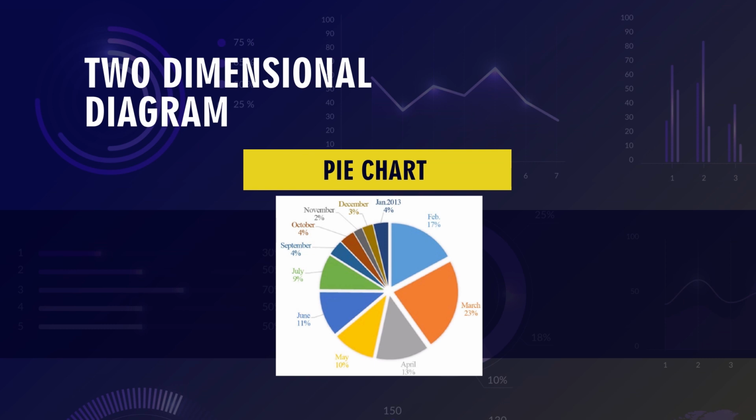you have seen that starting from January we have bifurcated the data into various months, and each month has a different color and certain significance. So it is a circular statistical graphic which is divided into slices to illustrate numerical proportion, and in a pie chart the arc length of each slice is proportional to the quantity it represents. So that is very true, and you will observe that one of the colors is orange while another is blue, and the proportion is also there. So this itself shows that the whole circle is a chart, whereas the bifurcation is done on the basis of